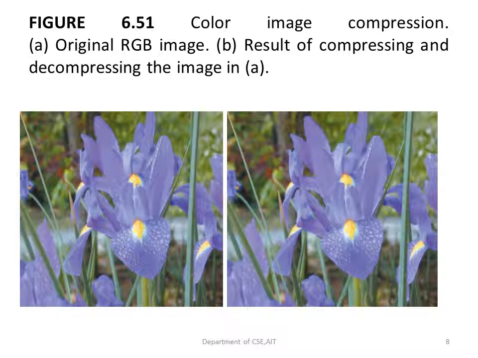JPEG 2000 is one compression algorithm which has been used here for generating figure B. This particular compression technique is very fast, and the reconstruction of the image, you can see, is slightly blurred, but we are not able to make out so much difference between the original and the compressed one. This is the characteristic of lossy compression techniques. Further, we can reduce this particular difference also by going for different levels of compression and improving their accuracies.